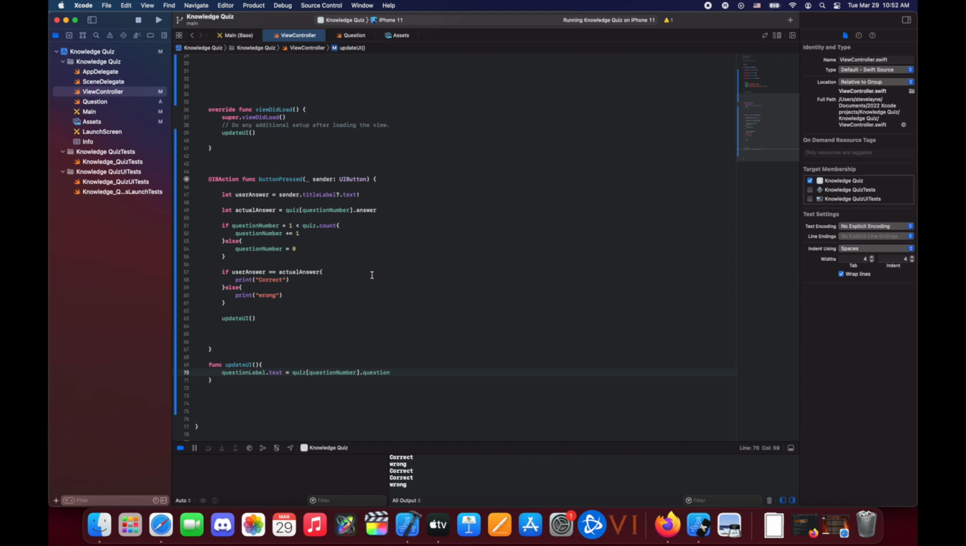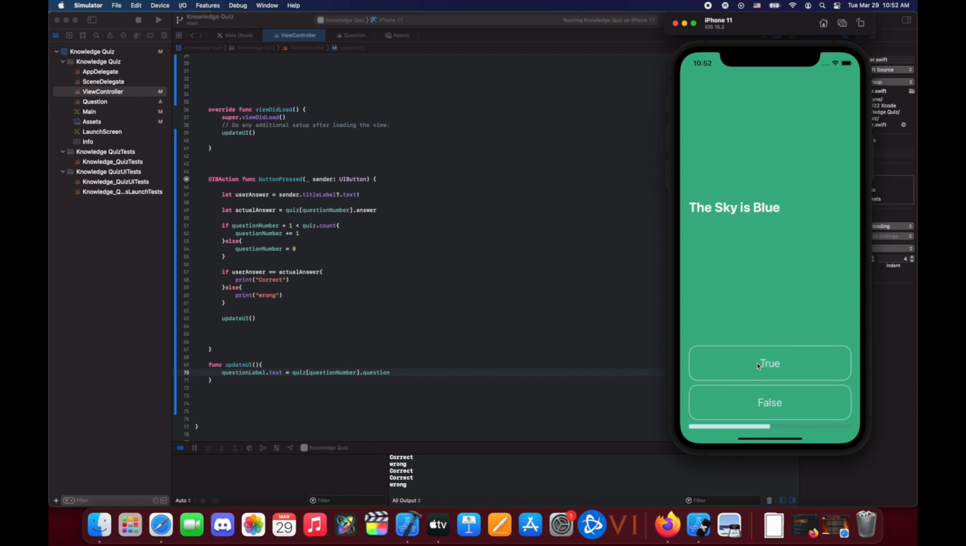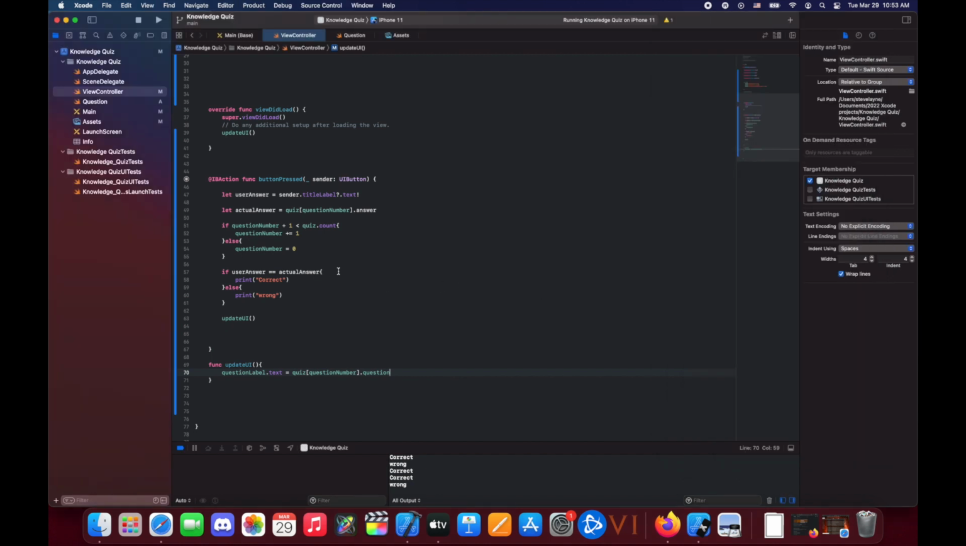To visually show the correct answer showing up for the user. And how we're going to do that, let me pull up the simulator here, is we want to change the color and have the color of the button change for a very short amount of time, and have it change to tell us whether we got it correct or wrong. So we're going to do that in the if user answer equals actual answer,